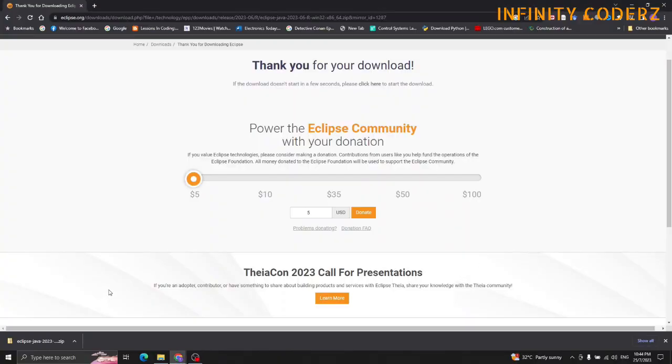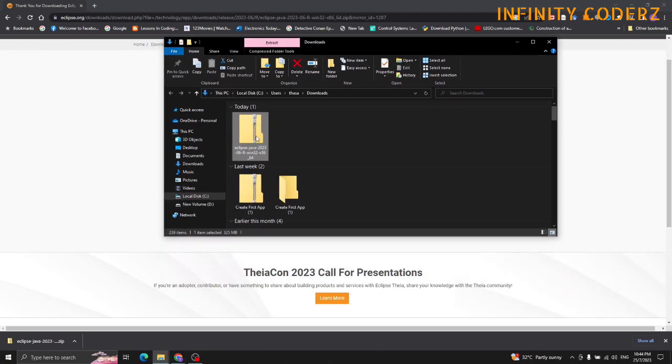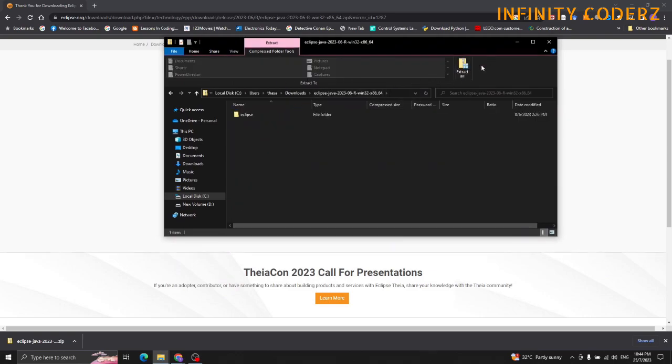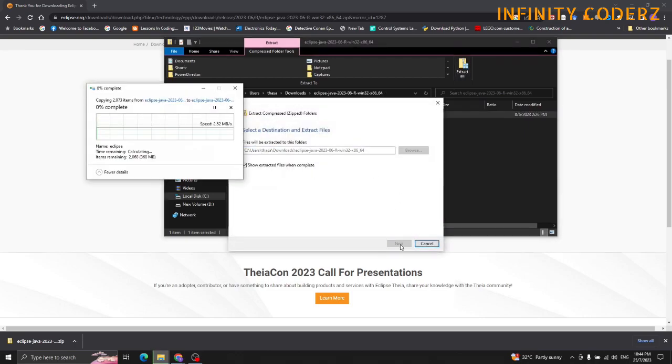Once the download is complete, extract the downloaded archive to a location of your choice. Go into where it's downloaded, under downloads. Click on it and then unzip. Extract all, and unzip the entire folder.